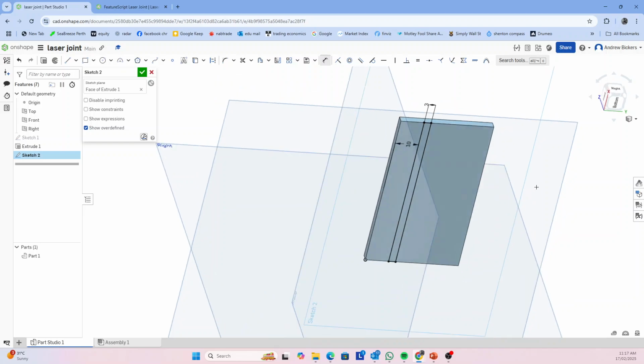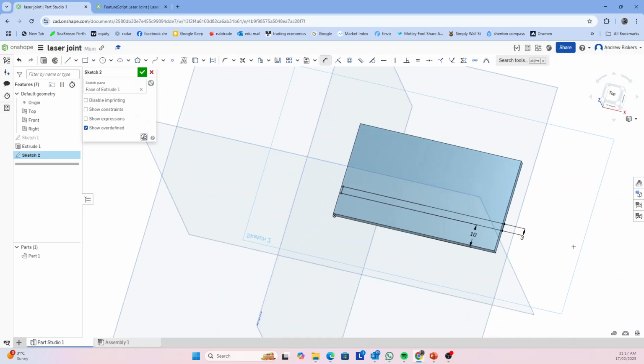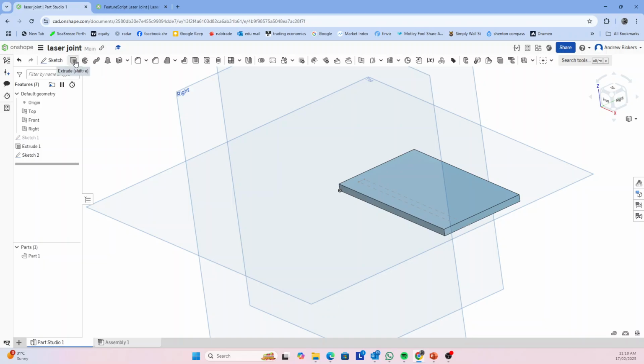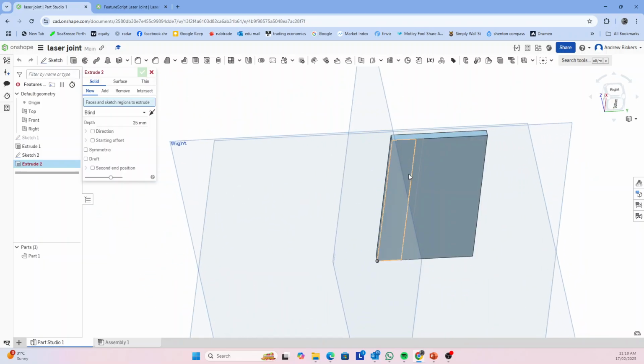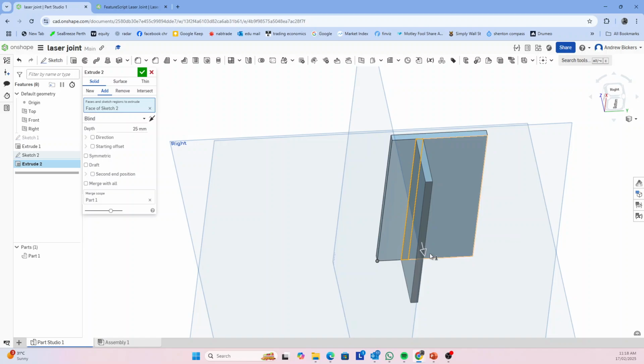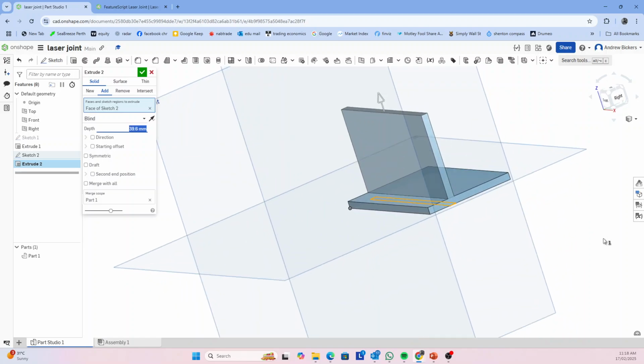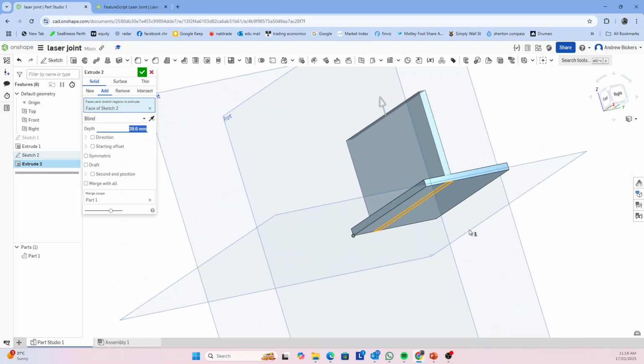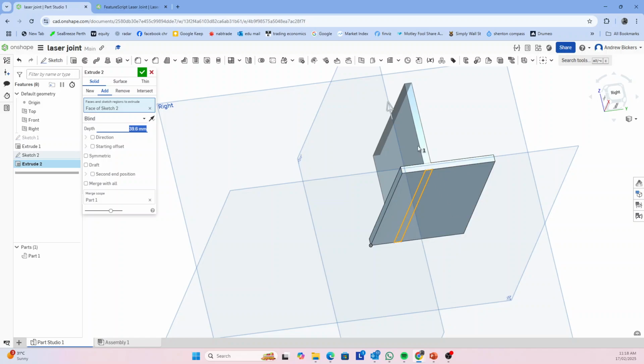So now they've gone black because it knows where it is. So now I've got this. I'm going to finish that sketch and I'm going to extrude, and I'm going to go underneath, click on this, and I'm going to extrude up through the thing. Remember, the sketch is on the bottom and I'm extruding up through, and I'm going to make that 43 millimeters